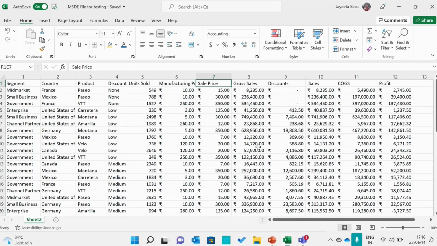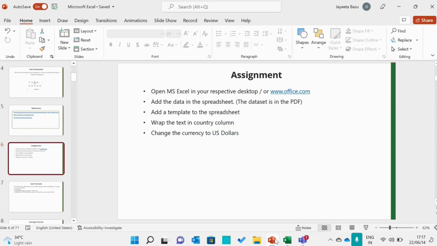Also, wherever you're seeing rupee should be changed to US dollars, and apply a template here, an appropriate template. Choose an appropriate template and apply the template here, right? So this is the first part of the assignment that you will be doing. It's a very simple assignment. Copy the text from the PDF and then change all of this currency that you see in rupee to dollars, and make sure that you're formatting this and wrapping the text in the country column and applying a proper template to this. Please share your screenshots,